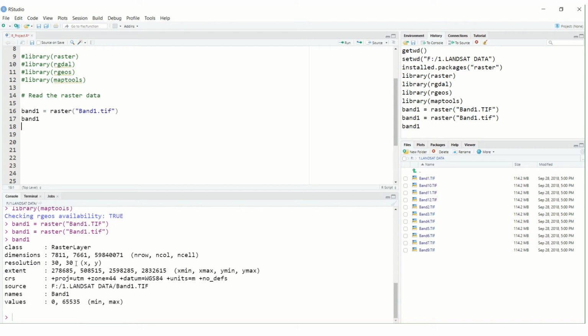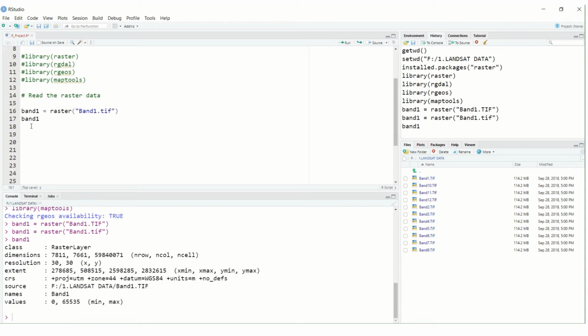Here it is clearly shown that it is 30 meter resolution data, with the extent. And what is the CRS? It is in a UTM projection, not in the WGS coordinate system. The source is my directory, and the name is band1. Values range from a minimum of 0 to a maximum of 65,535.